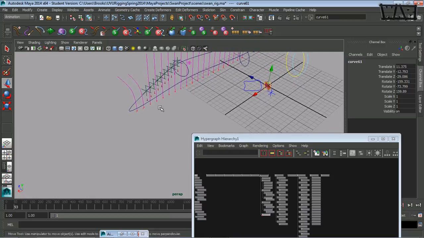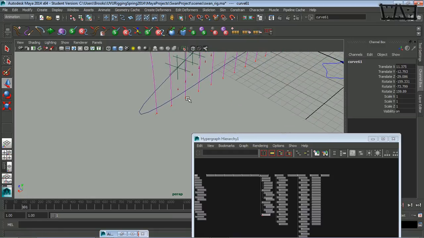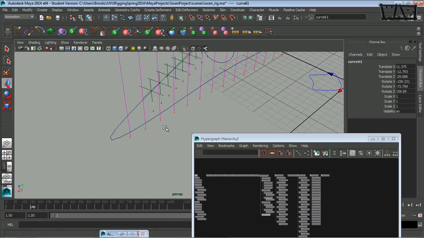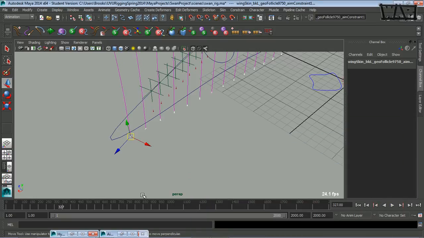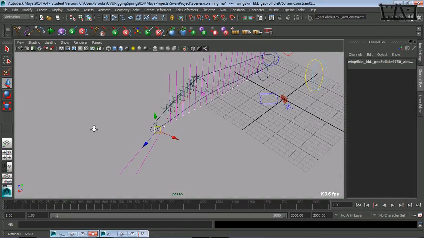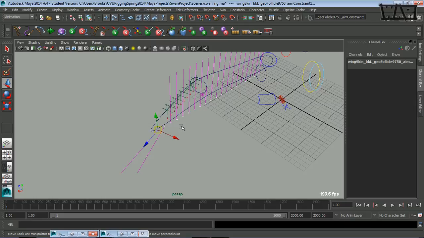Okay, now let's hit play. Oh, they're still springing up. Okay, so go back, keep on trying. And we need to, with the hair system, select